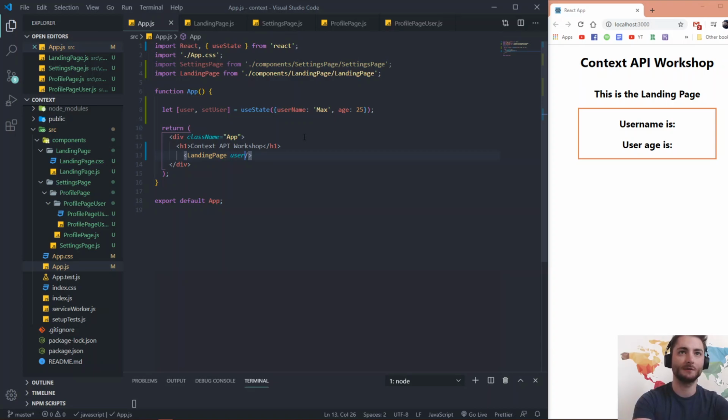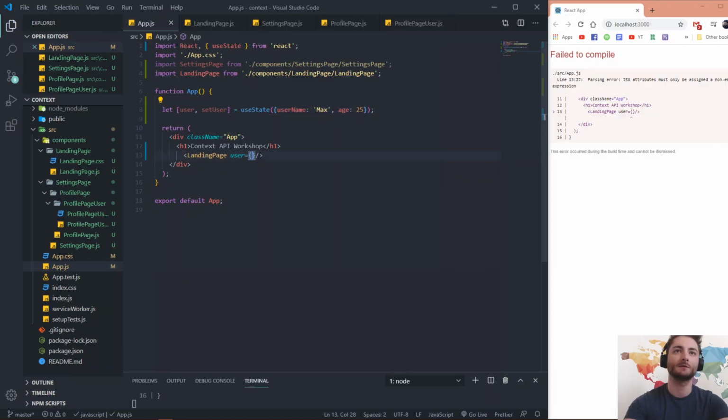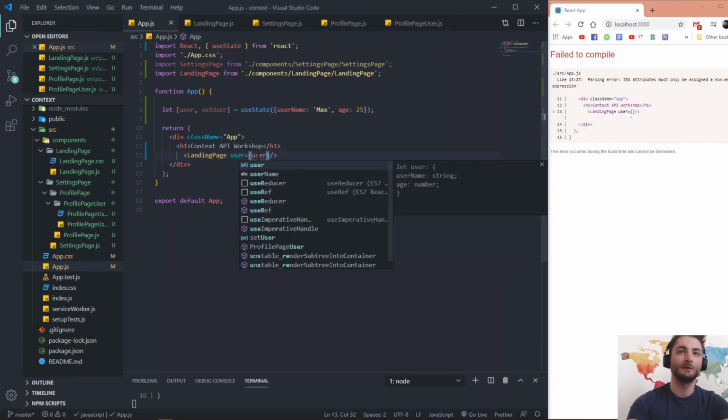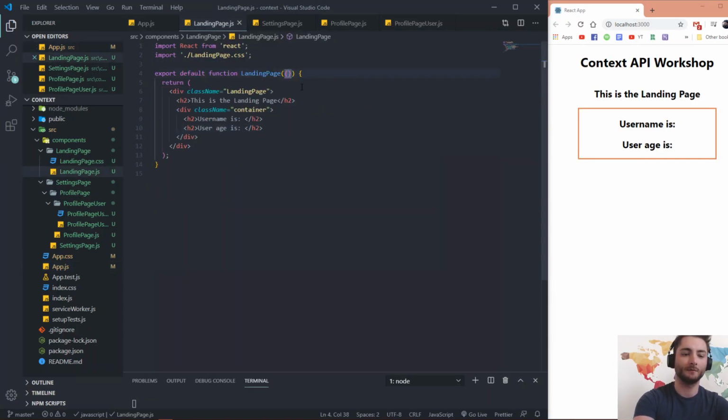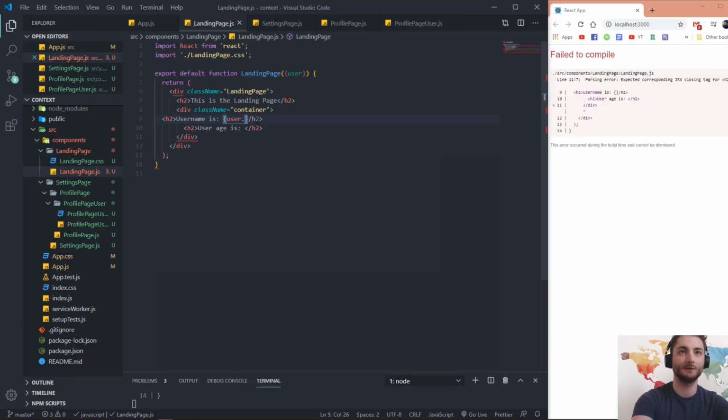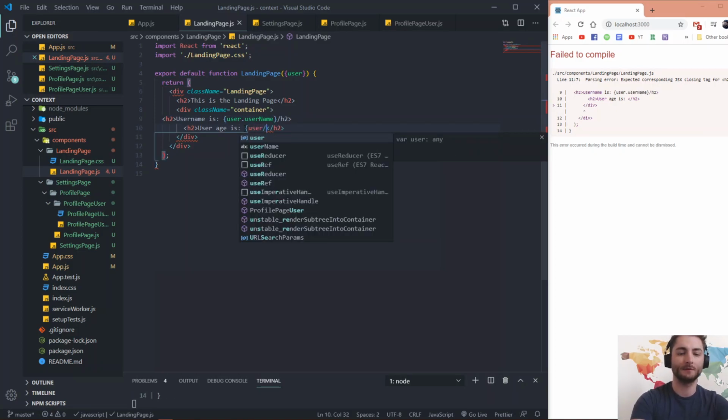So user equals, in our case, I have a stateless component, so I'll use user, which is an object in my case, at the beginning. So type user, and in landing page I'll have user, and then user name, and that